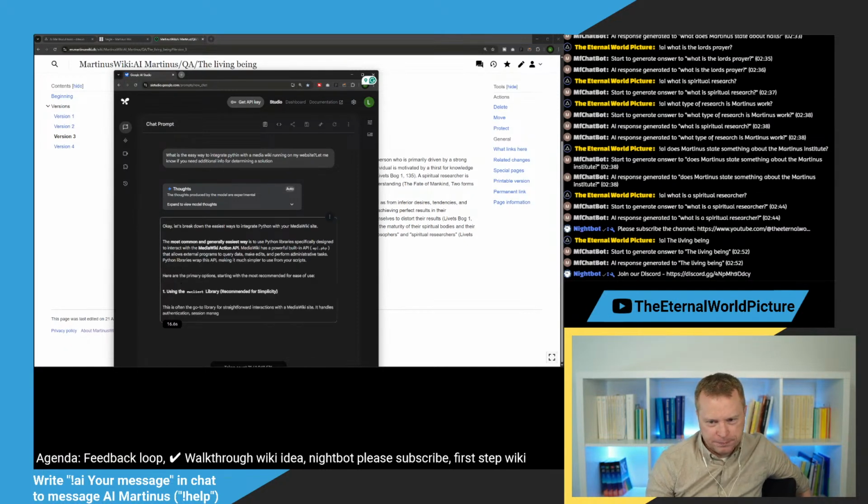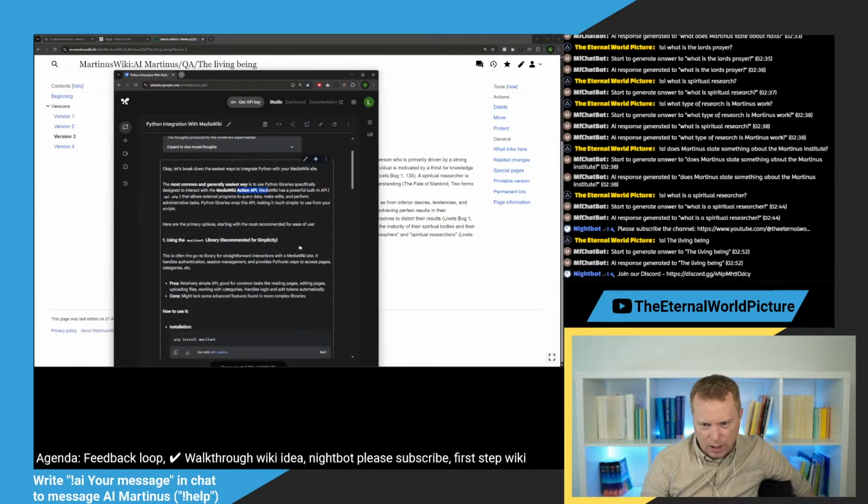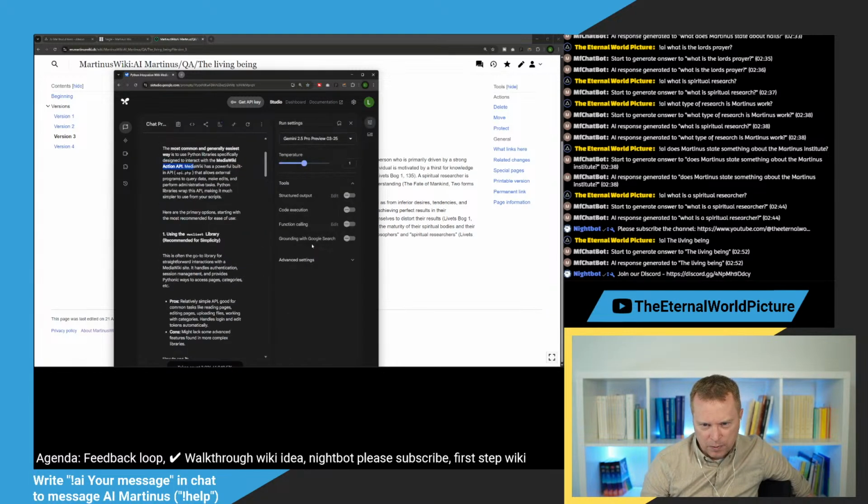And we are thinking. Easiest way, the most common, general easiest way is to use Python libraries specifically designed to interact with MediaWiki. Yes, MediaWiki has a powerful built-in API that allows programs to query and so on. What are the primary options?